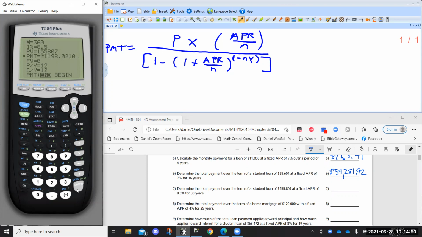Find the payment to be $1,198.02 for 360 payments. Then 360 times that, we're going to pay